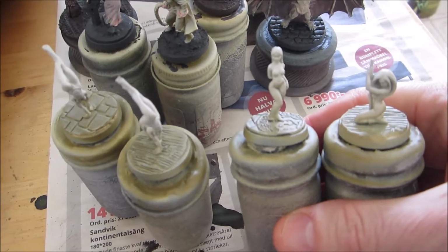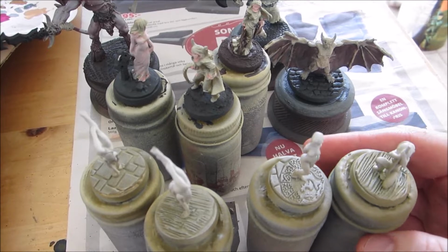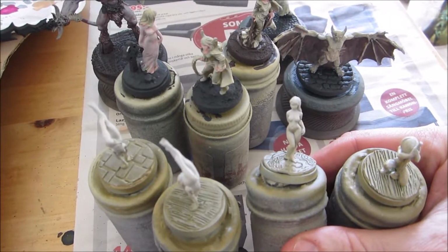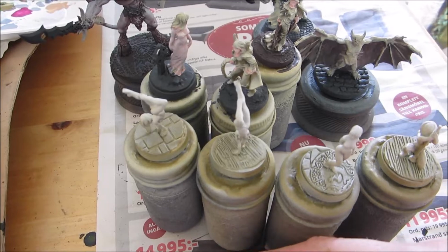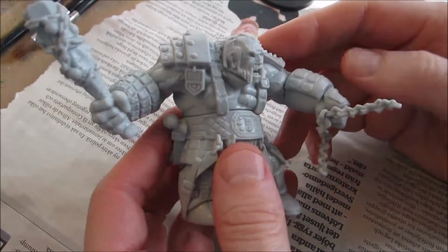These might very well jump the queue and get finished before some of these others, because they're relatively simple. They don't have many different areas to paint, and I rather enjoy painting skin on models like this, you know, for purely technical reasons. Right, the least prepped of all the stuff that's in prep is this Fire Giant Huntsman,